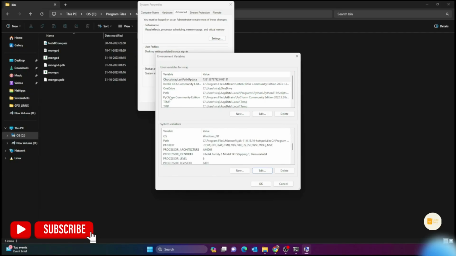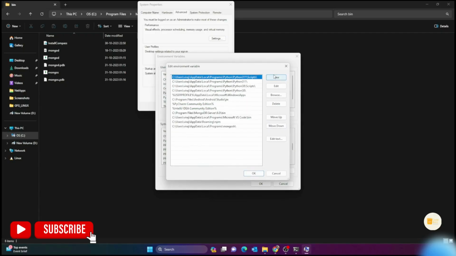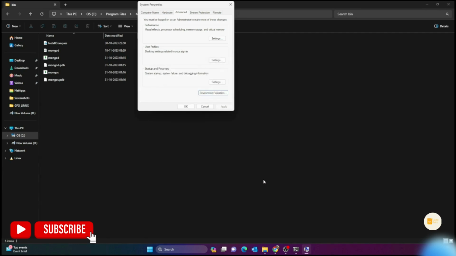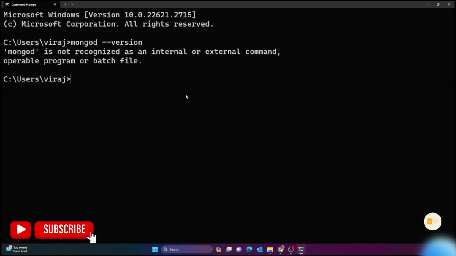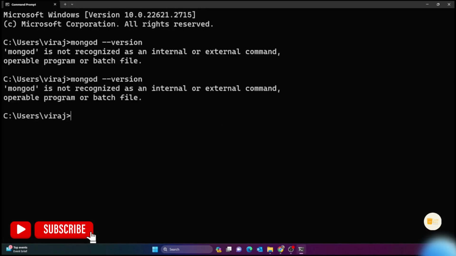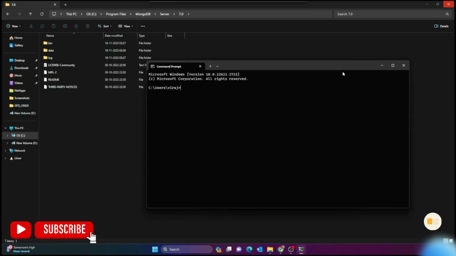Now what you have to do is go to Path and edit, and you can see we have different paths. I would simply click on new, and paste this path. Okay, and okay, and okay. So it's actually added. Now suppose I try to check the version, I think we need to close this. So if I go to command prompt again,